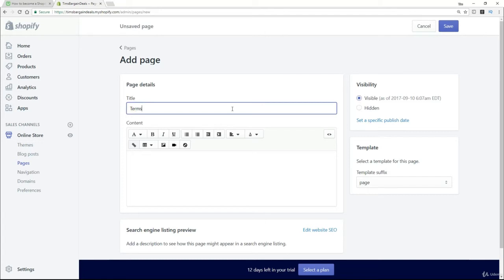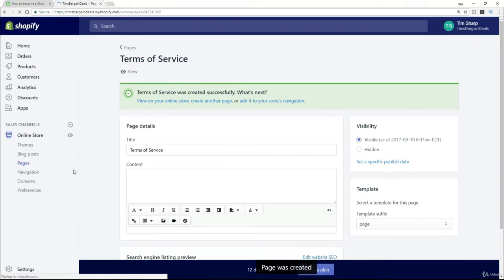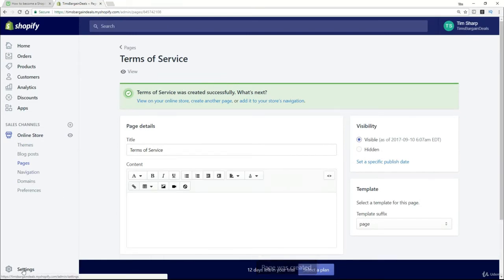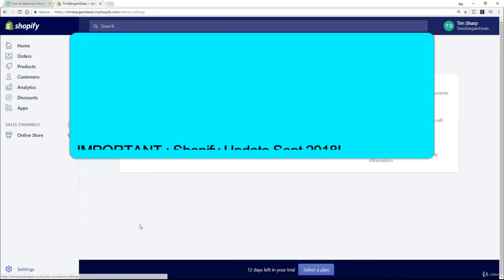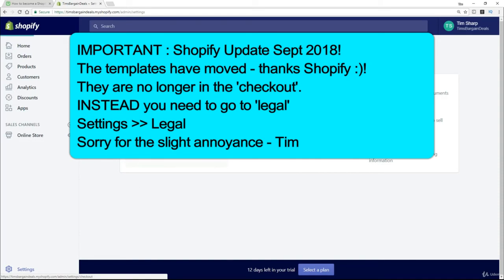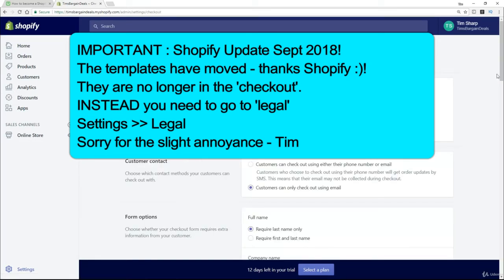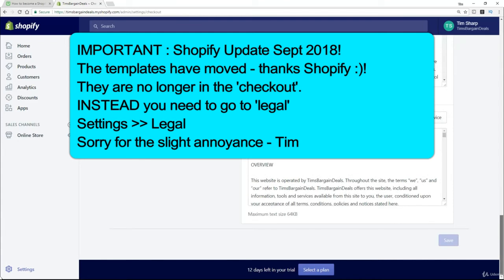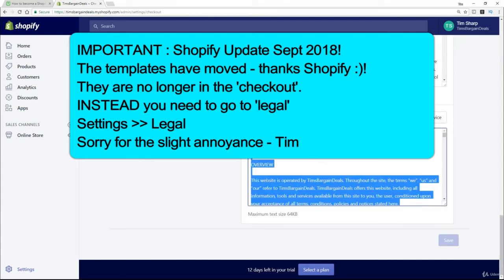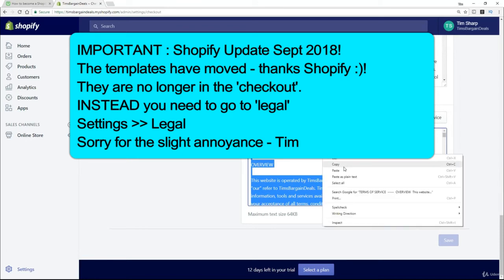So let's call it terms of service. And let's save it. Right, now you know where that content is, right? Because we spent some time in the settings. So let's click on settings and go to the checkout. Scroll to the bottom, and there we have the terms of service. So we just basically copy that,